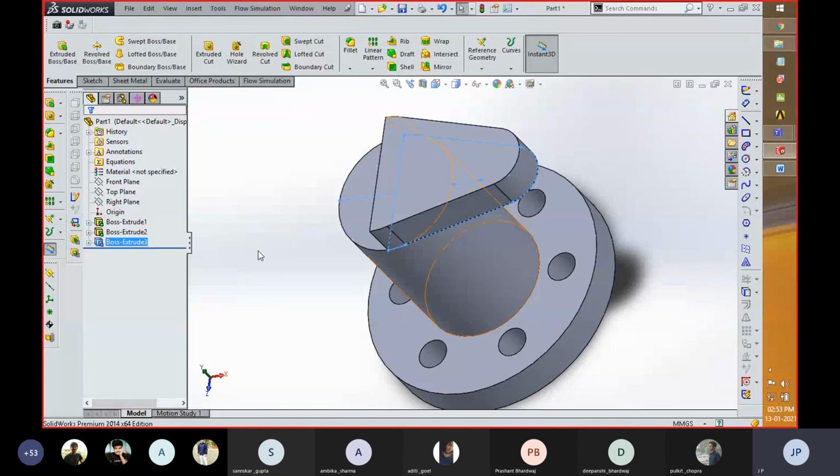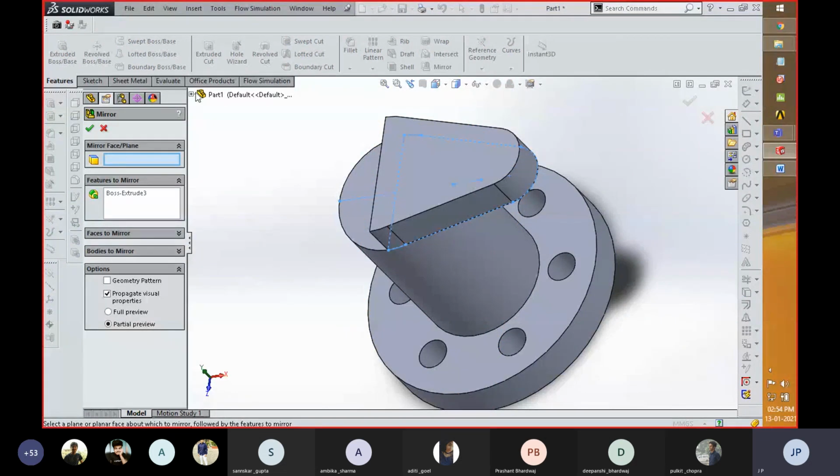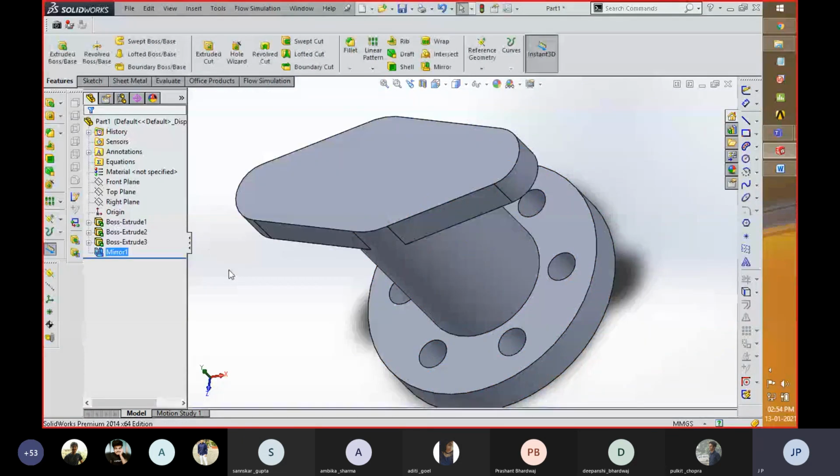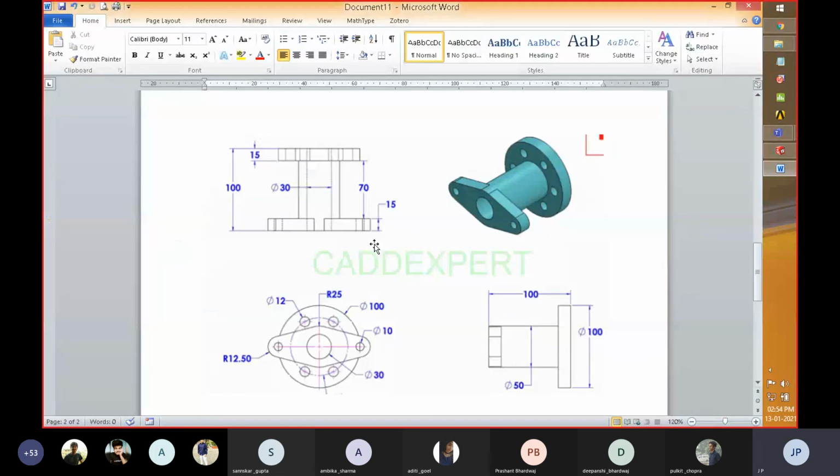So for mirroring this component, we need a plane first. So first you have to identify around which plane you need to mirror. So around the right plane, we have to mirror this component. For mirroring, we select this right plane, and the component is created right now. With the help of these different methods, you can create any component as per requirement. So there's no need to go further. With the help of this, you got a better idea of how you can complete a component with the different methods that a user can have.